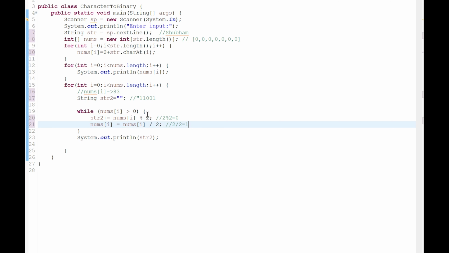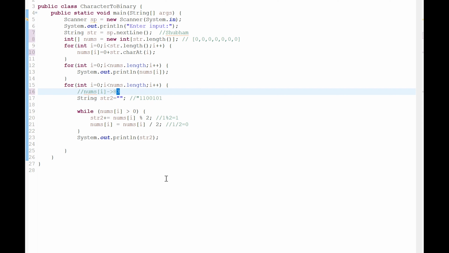Again check, 1 is greater than 0, yes, and 1 modulo 2 gives 1. 1 divided by 2 gives 0. So 0 greater than 0 is false. So I output the binary format of this integer.